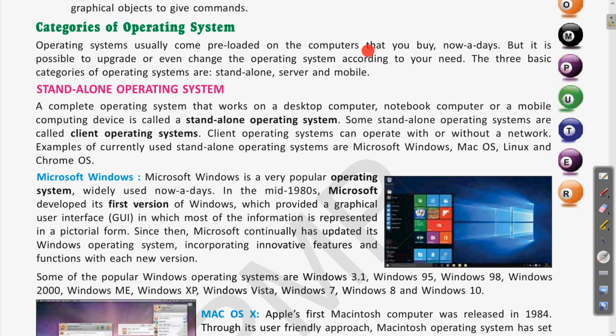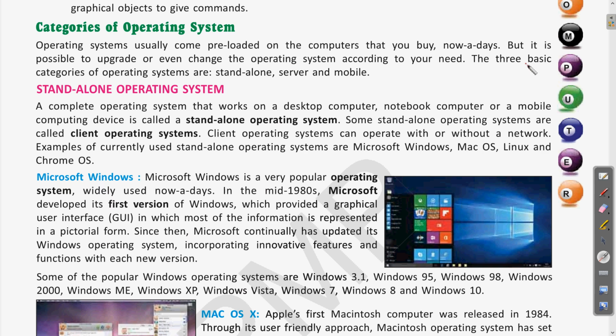Clear? But if you want to change, if you want to upgrade that operating system, you are able to do that. That will be the adaptability of the device, that you can upgrade it. Suppose you are having a computer or a laptop and you are using an operating system like Windows 7, but recently Windows 10 is being used and the support of Windows 7 has also stopped, so everyone switched to Windows 10 by purchasing and installing the new software, the new operating system. So this way the operating system can be upgraded.